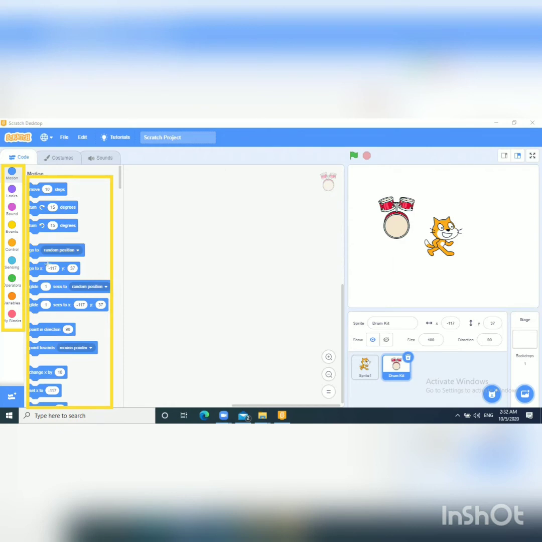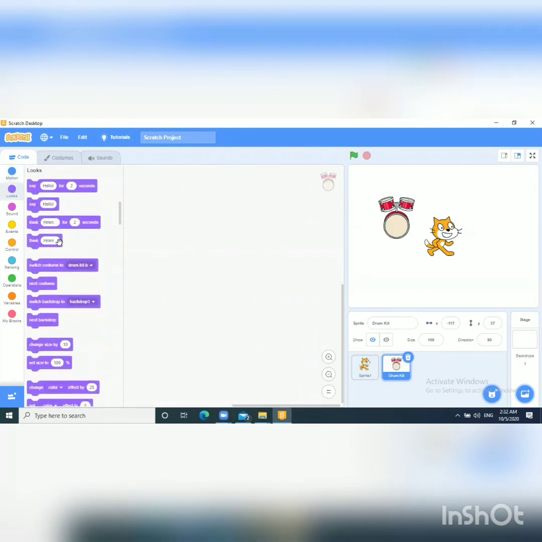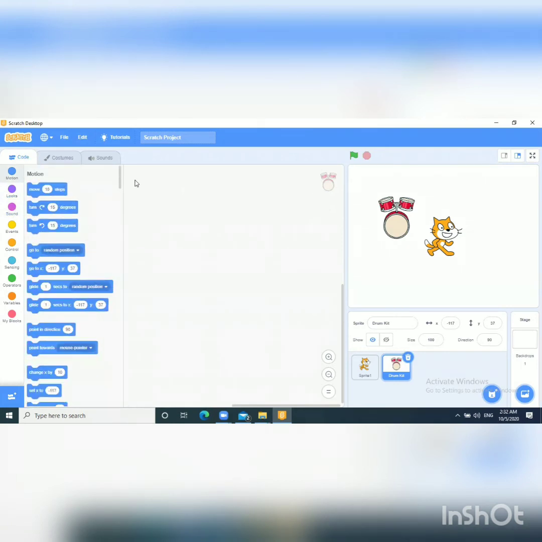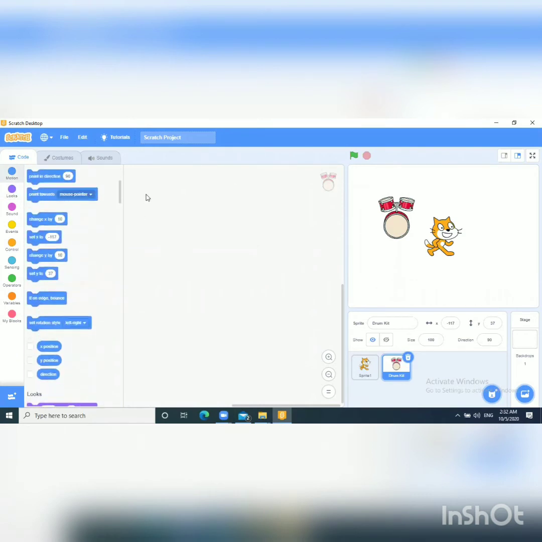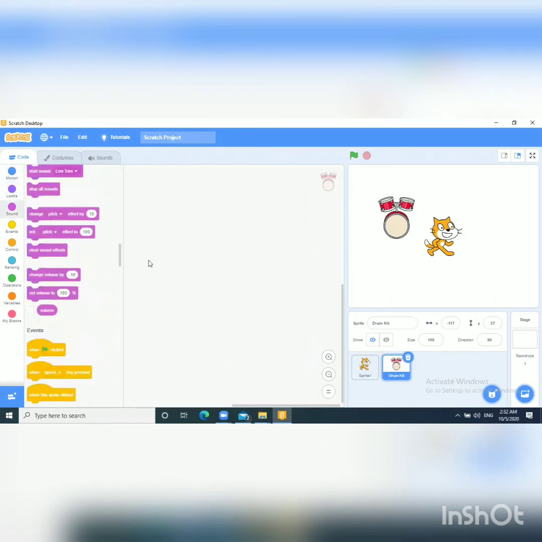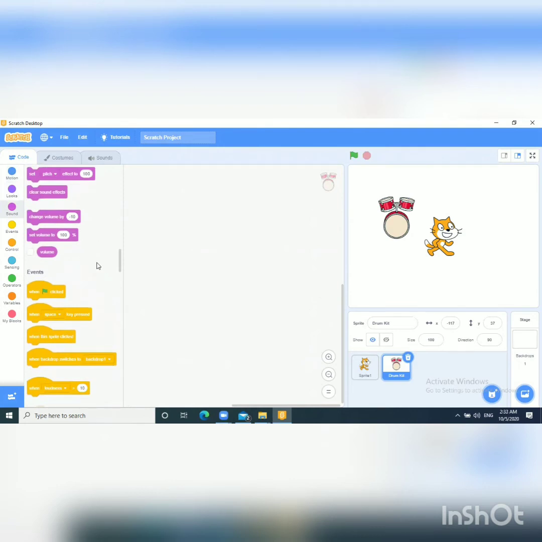When we click on looks, then different blocks of code will appear. Same with sounds, or you can use this scroll bar also. It will display here: first one is motion, the next one is looks, like that. So this is called code blocks.